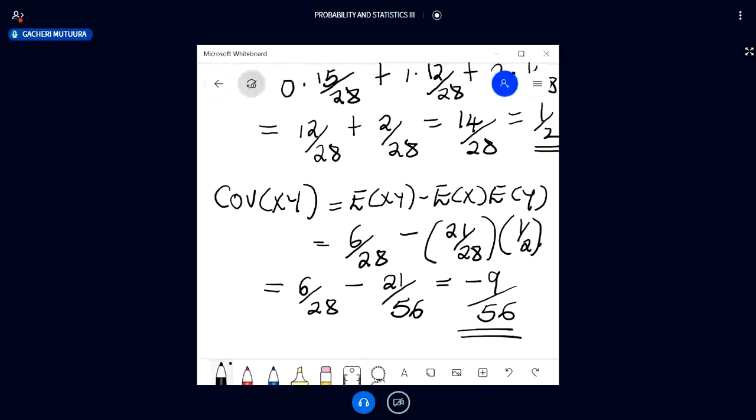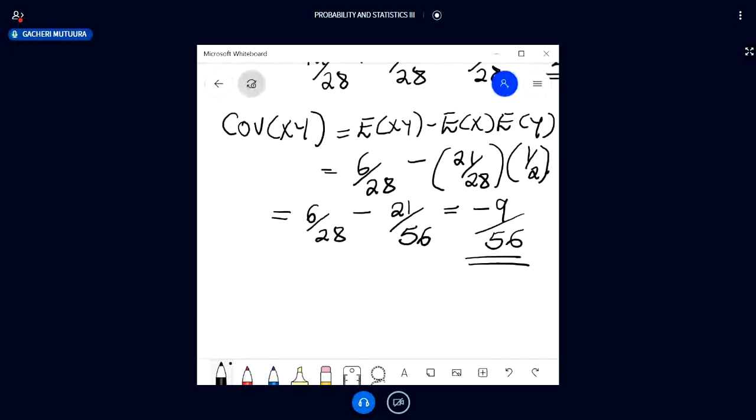Let's obtain the correlation coefficient for the same. Since we already have the covariance, perfect, Emmanuel. Since we already have the covariance, what we have to do now is obtain the variance for x and y. So we have the expected value for x, expected value for y. We have obtained all that. So the variance we know, for the variance we need the expected values. So we are going to use